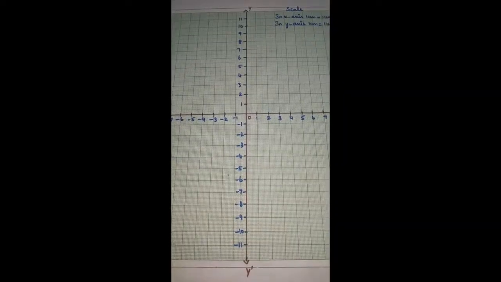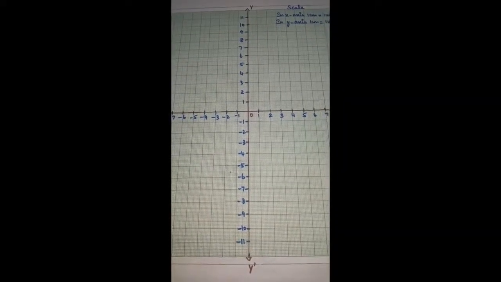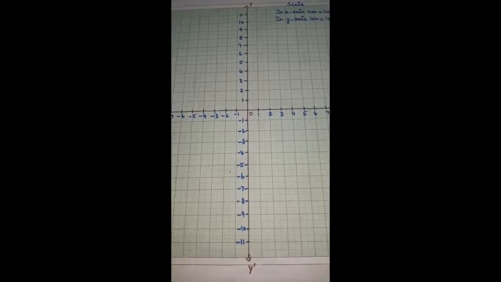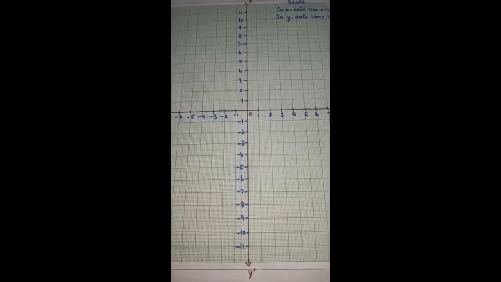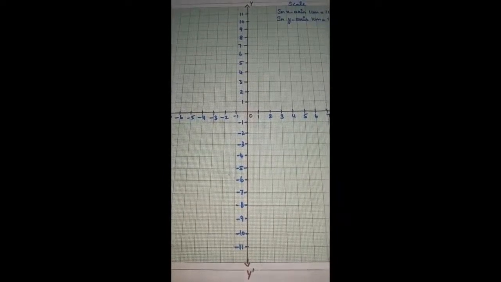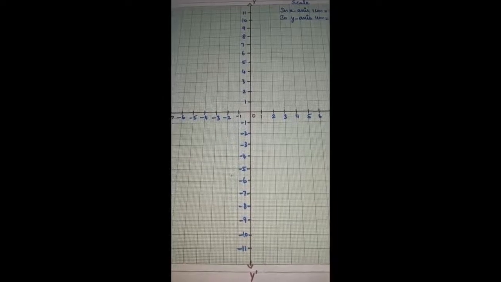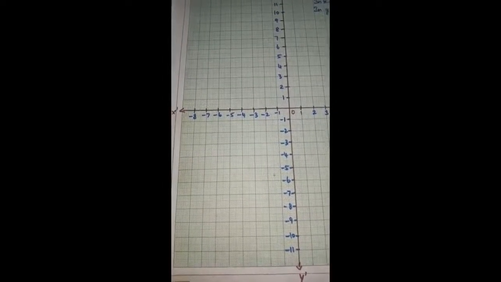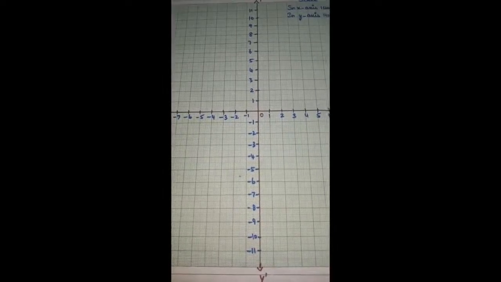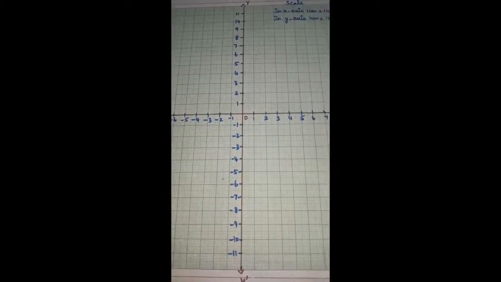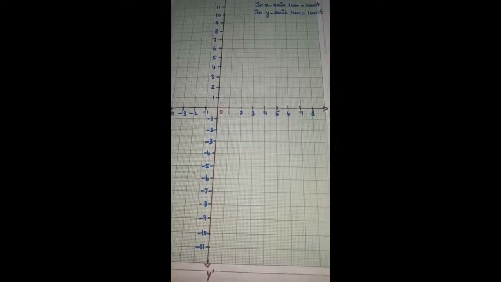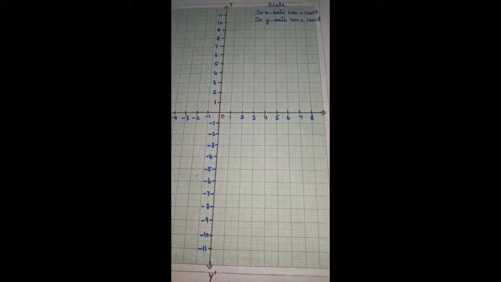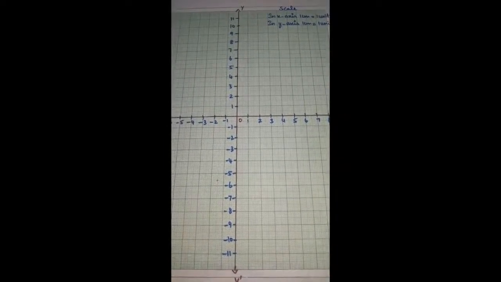Now we can see a graph. I just drew the graph using a sketch, but you don't use a sketch pen in your graph note. You use only a pencil, including writing the scale and marking the points, as well as anything you have to mention. Don't use a pen in your graph note. You just use only a pencil.